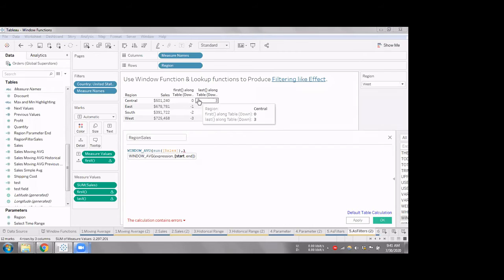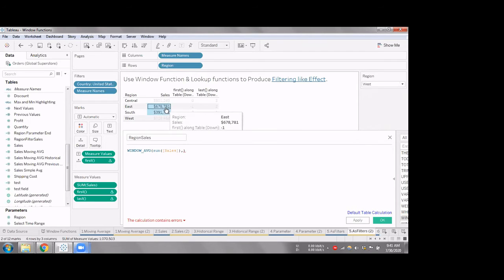So when I'm in the first row, my value is 0, so I should start from +1 row, and I should end at +1 itself, because if I take these two values, then my window average will take the average of these two. But if I somehow restrict this window average function to take only this value alone, then the window average of a single value would be this value alone.